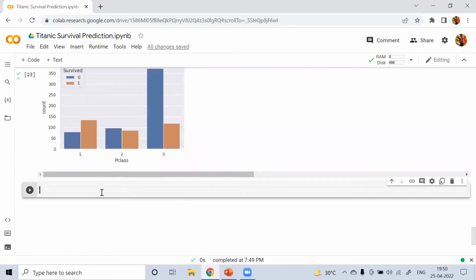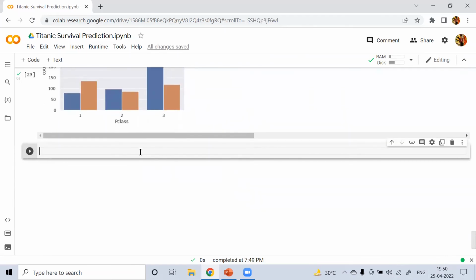And this sex column and the embark column are categorical columns, so we have to encode the categorical columns. Let's do that.